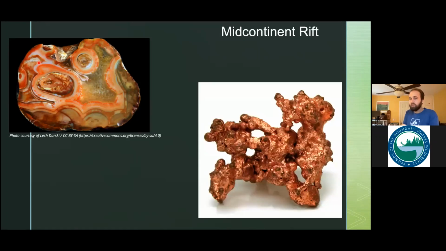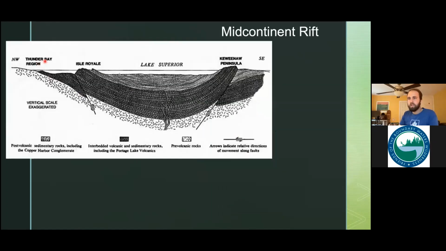And they also filled in with copper, especially over in the Keweenaw in the Upper Peninsula of Michigan. So they filled in with, this is just pure native copper. So if we go back to look at this U shape, here we're going from Isle Royale to the Keweenaw. What was happening is that deep down in the earth, down at the bottom of this U,